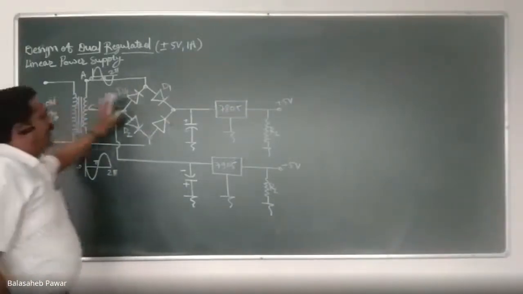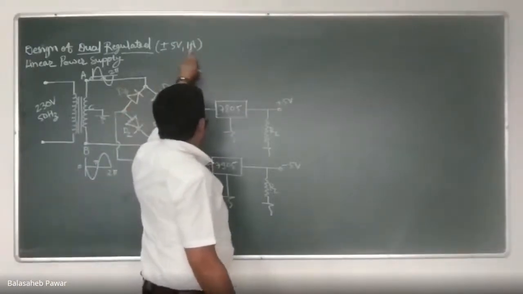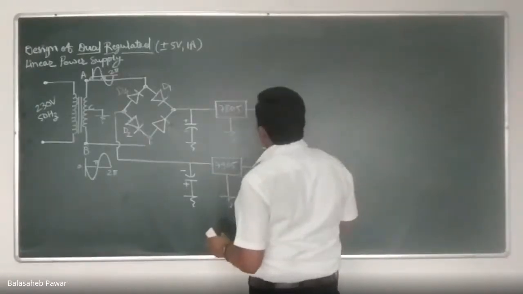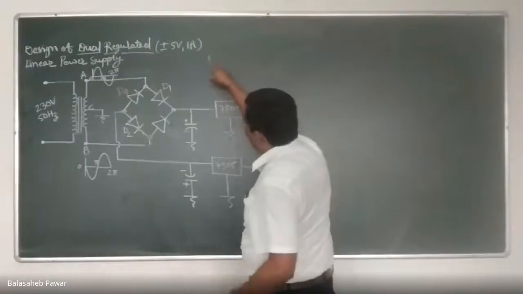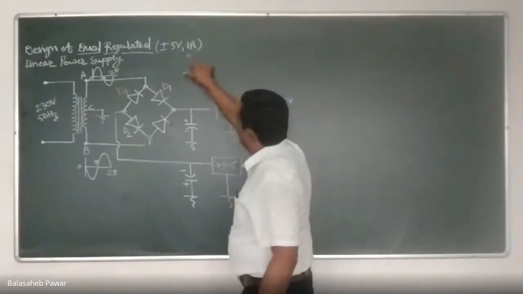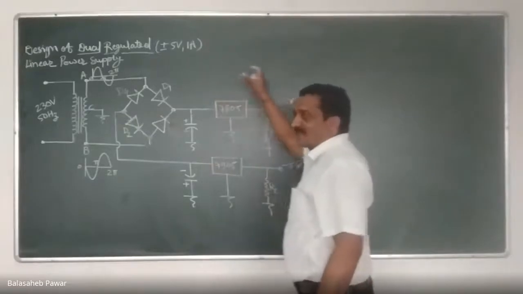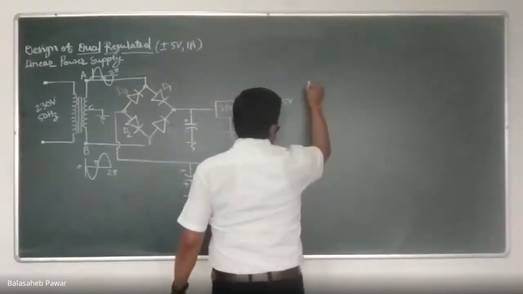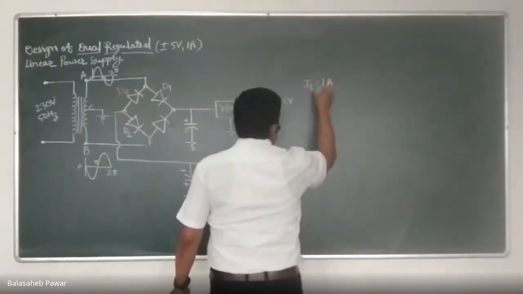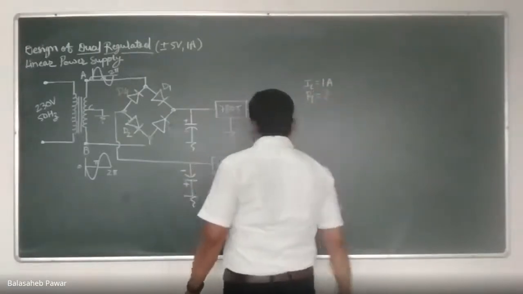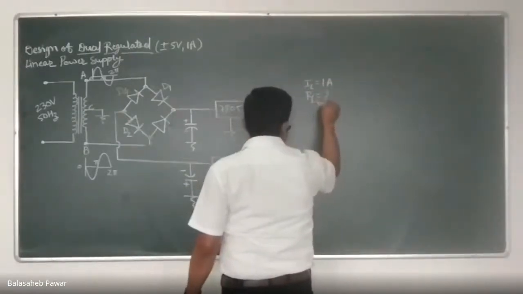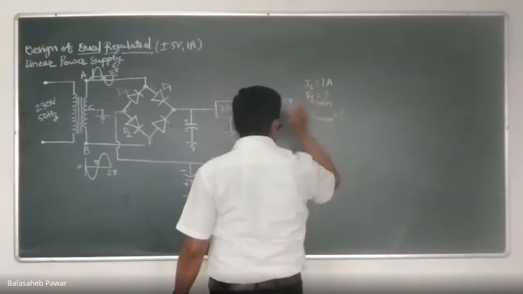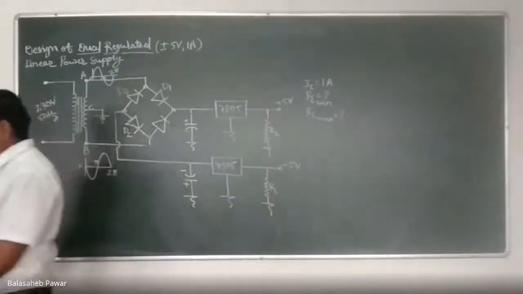See, the maximum current that will be extracted from this regulated power supply is 1 ampere. This is the DC rating of this power supply, 5 volt and 1 ampere, the DC voltage and current ratings respectively. So if the current required is 1 ampere, what should be the minimum value of RL? What should RL max be? Just let me know.